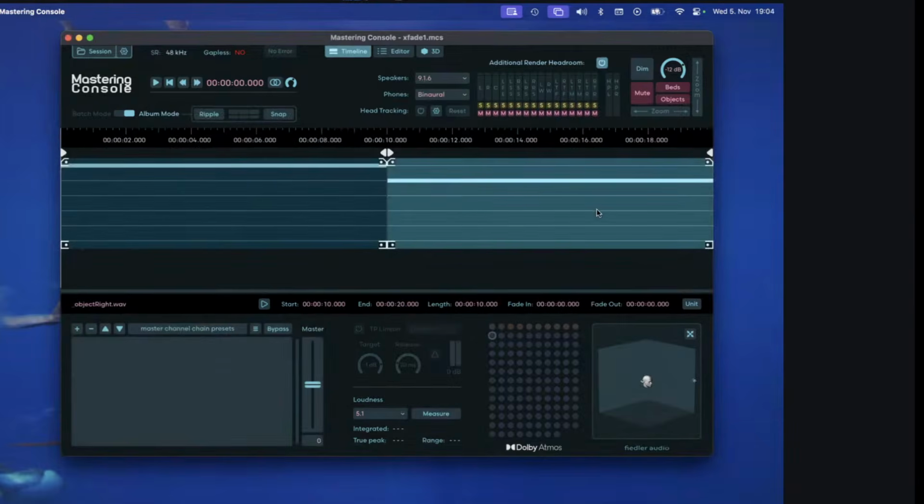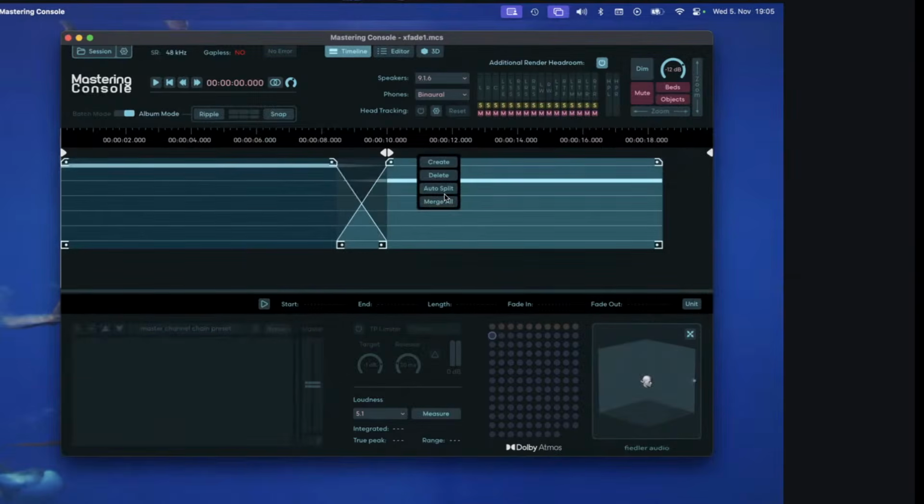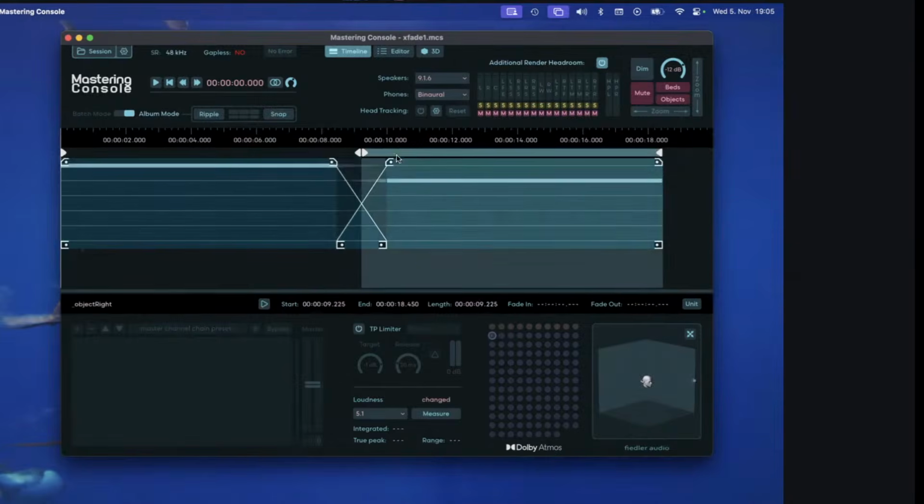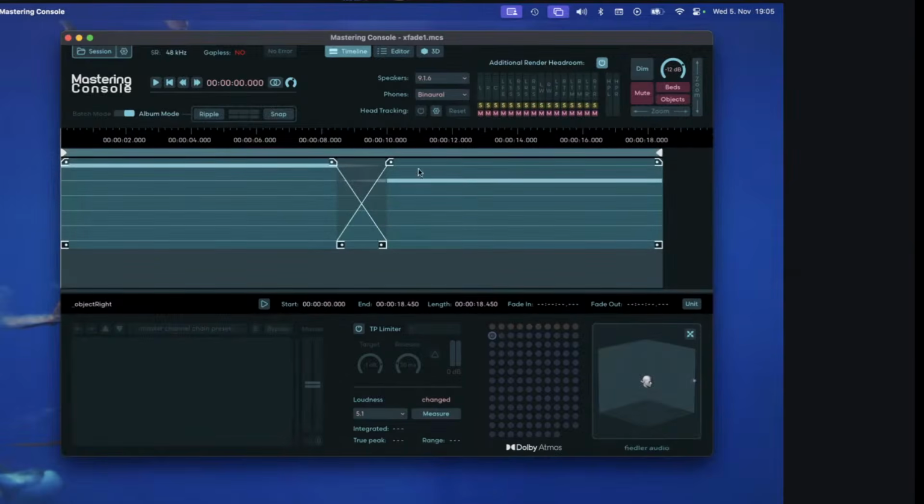So let's do a quick crossfade here by just taking the second clip, pulling that over to get some overlapping, and then creating a crossfade, and let's do the auto split function to really get the region setting to that place. Or better said, let's delete this, and we have just one region. And the crossfade is happening here. It doesn't matter if it is split or not. It's just easier to see, because now when we